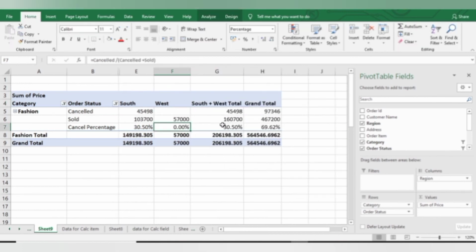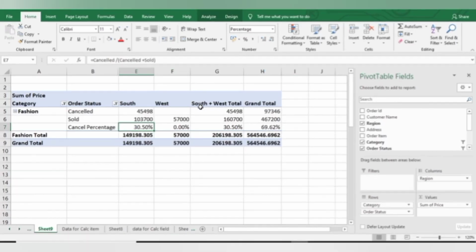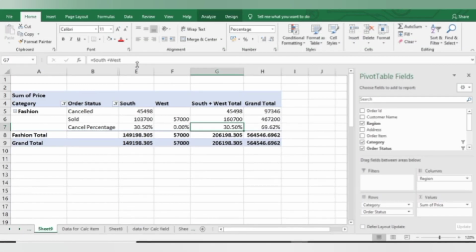So here as you can see, in Cancel Percentage previously I had this formula, that is Cancelled divided by Cancelled plus Sold, but now in my South plus West total field I am getting the formula, that is South plus West, but instead of this I want my previously used formula, that is Cancelled divided by Cancelled plus Sold.